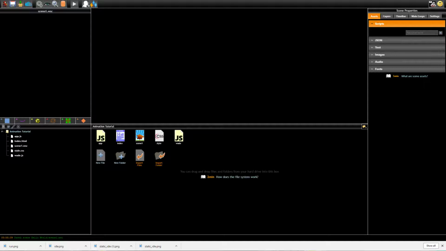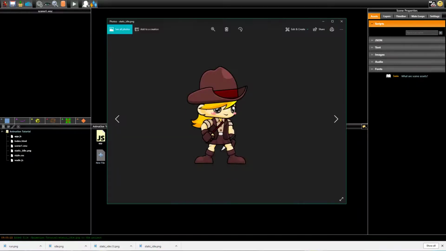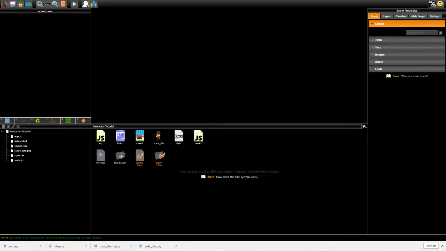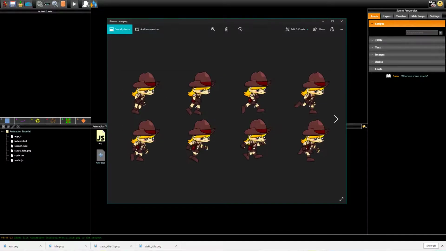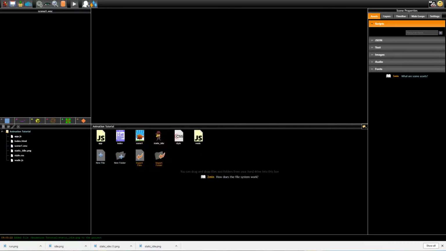Adding animations is very simple. Let me add two images to my project. One like this, that is a static image of a game character, and one like this that, as you can see, contains a sequence of animation frames. Maybe it's more obvious with this one. So let me add these images to my project,